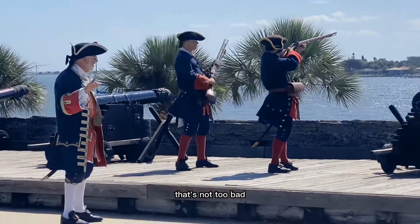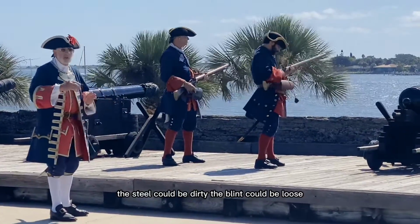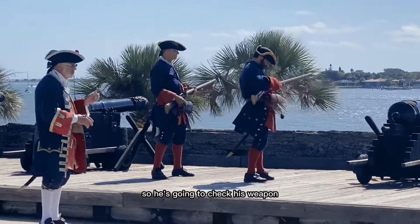That's not too bad. He's going to try to find out what happened. The steel could be dirty. The flint could be loose. It might not hit properly, or the sparks could have even been blown away by the wind. So he's going to check his weapon, see what's